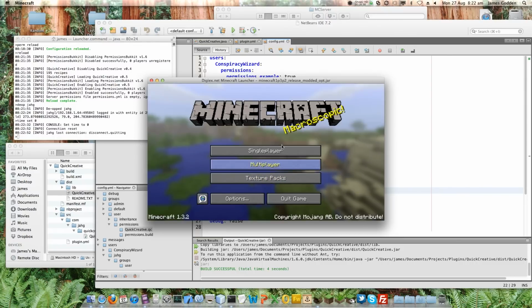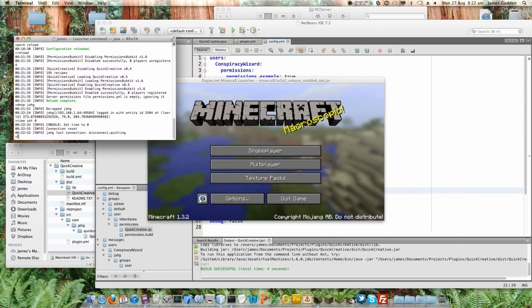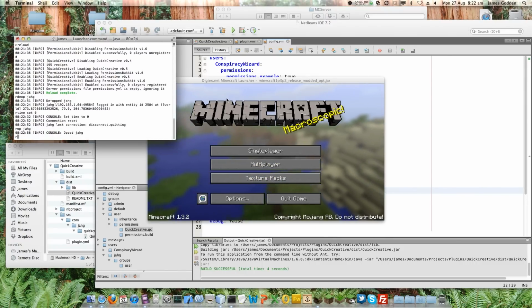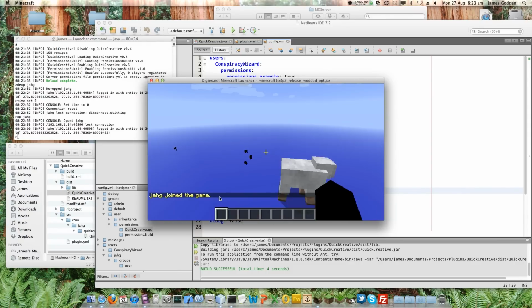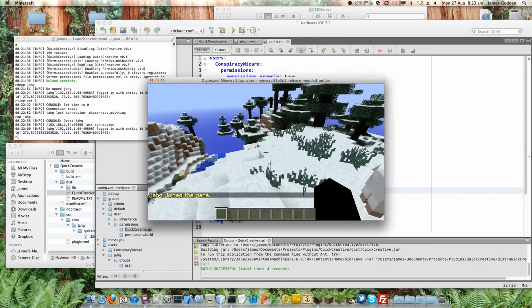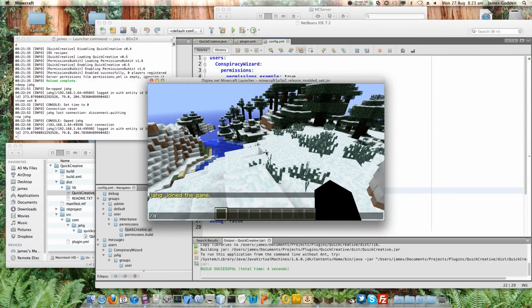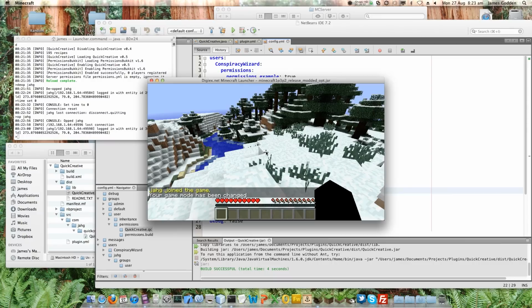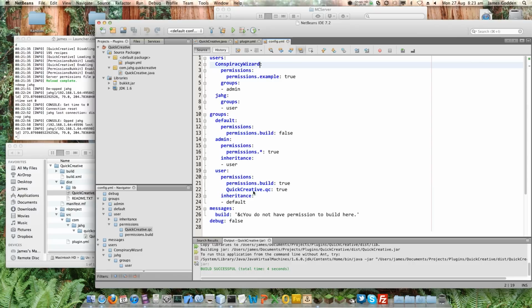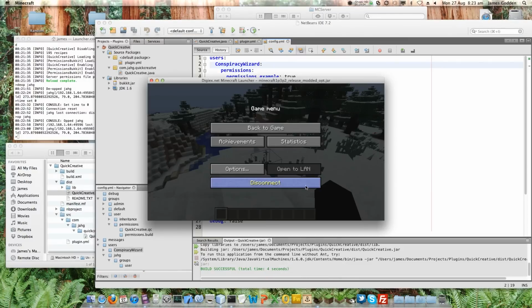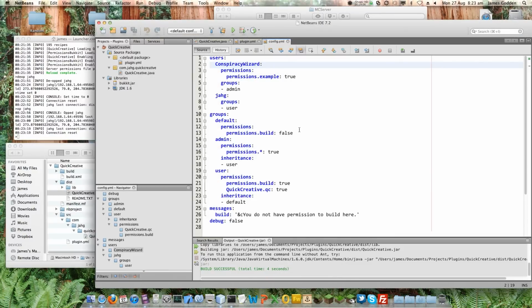The other half of it, oh, should not have logged out. If I just op myself again, didn't mean to log out. There we go. It takes effect immediately. Opness doesn't affect permissions, so I should still be able to use the QC command. As you can see, I am indeed able to use the QC command. I'm an op, but I also have this user group. So that's that. Let's get rid of Minecraft, disconnect, and quit from there.